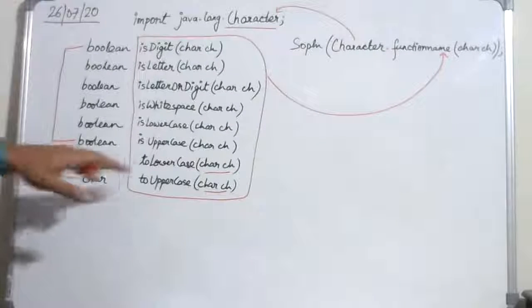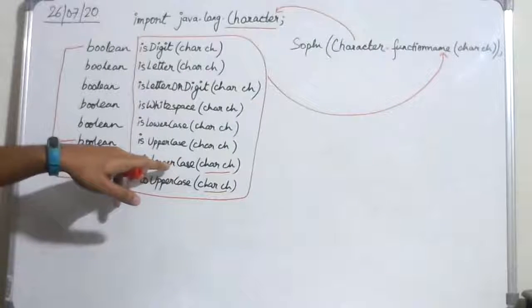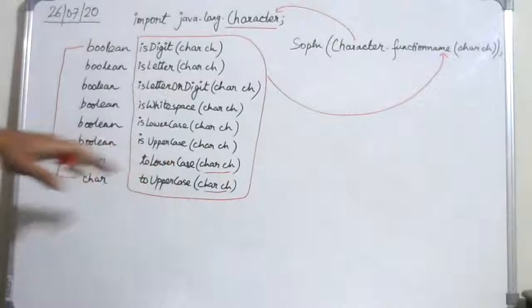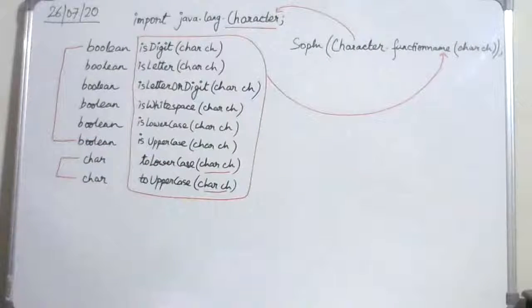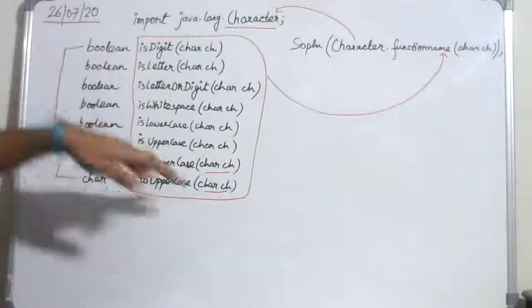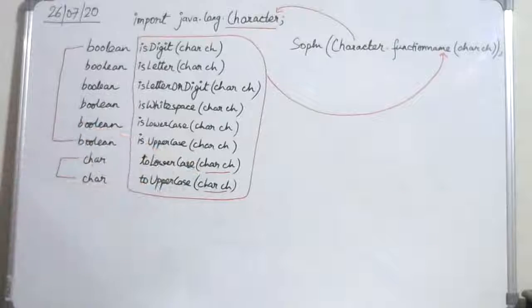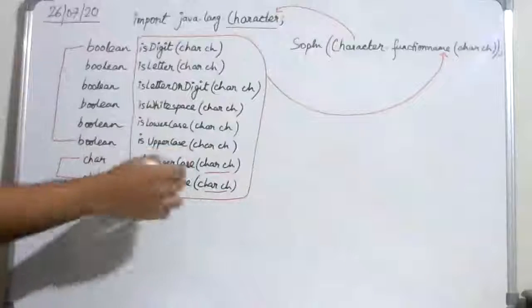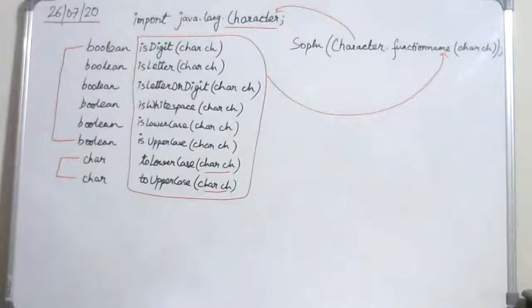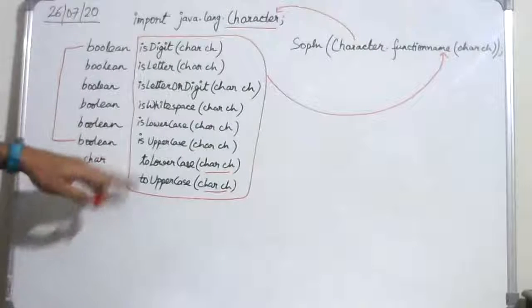So let's say I pass a small letter character to lowercase. Nothing happens, no change occurs, and I get back that lowercase letter itself. But let's say I pass an uppercase letter to the lowercase function, then that uppercase letter will be converted to a lowercase letter, and I'll get that in return. I'll discuss these two functions once more, as there are certain more things to discuss about these last two functions.